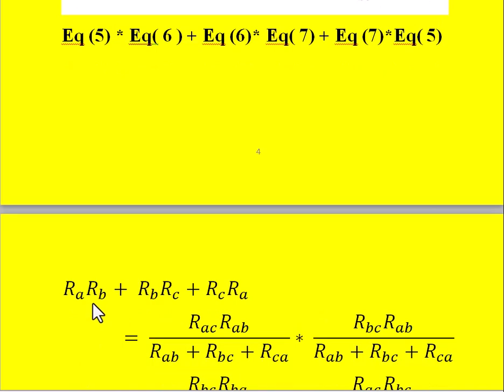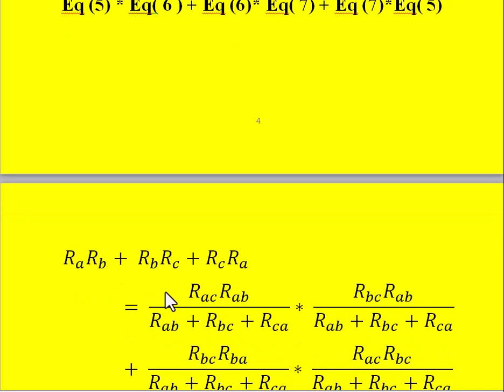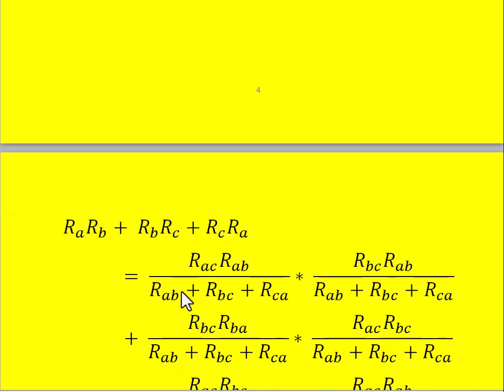Equation 5 and 6 means it is nothing but RA equation and RB equation. So once we multiply the left side, we get RA RB. Similarly, equation 6 and 7, that is RB RC. Similarly, equation 7 and 5, that is RC RA. And similarly, on the right side also we multiply, then we add these terms, that is RAC RAB into RBC RAB